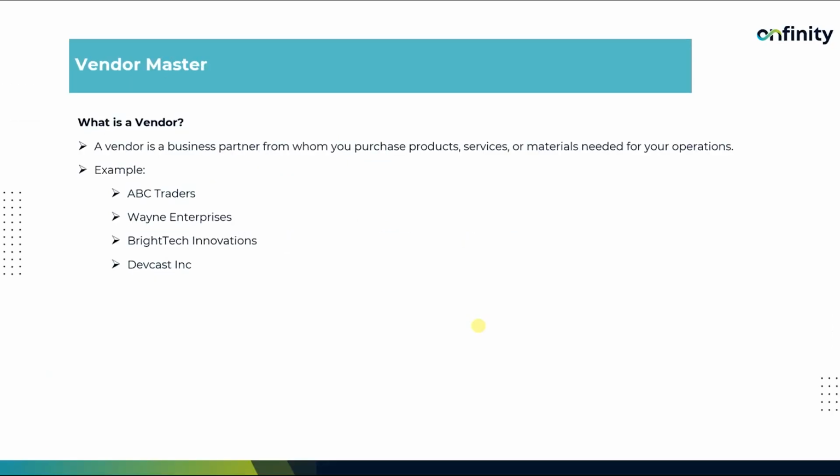Now, let's understand what a vendor is. A vendor or supplier is a business partner from whom you purchase products, services, or materials needed for your operation. For example, these could be ABC Trader, Wayne Enterprises, Bright Tech Innovations, or DevCast Inc. Let's move on to the system and understand how you can create or configure a vendor in the Onfinity ERP